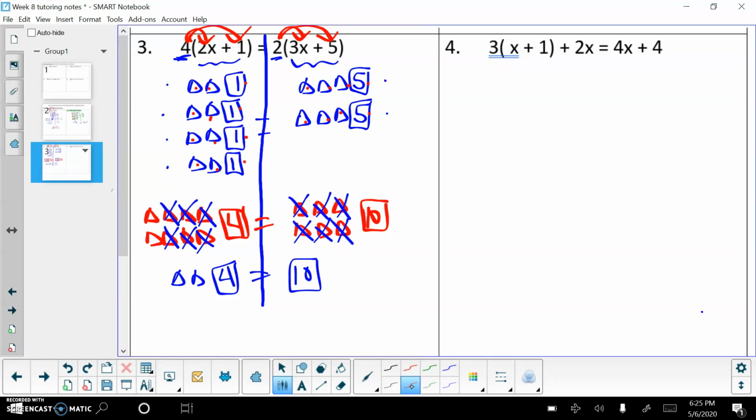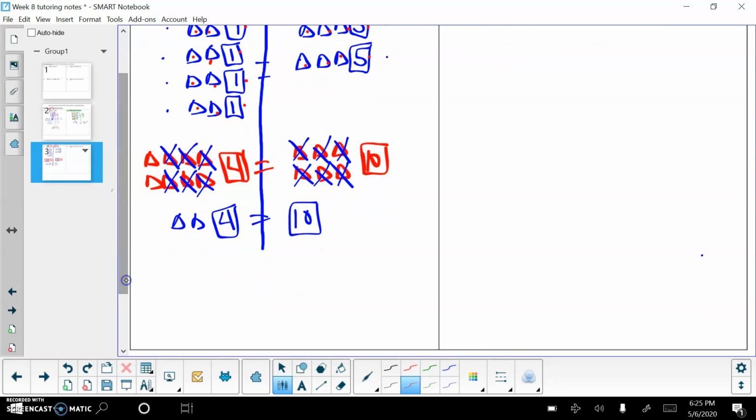Well, I need to get the triangles by themselves, and I notice that I've got cubes on both sides. So I need to take away some cubes. Always go to the side where you've got your triangles because you want them by themselves. You want them isolated. So we're going to take away this 4 cube. But if we take away the 4 cube from the left, we need to take away the 4 cube from the right. So what we have is 10 minus 4, which is a 6, or 6 cube, and we got